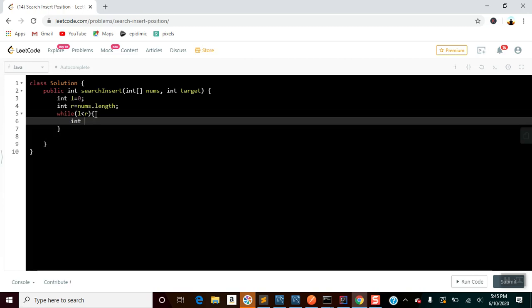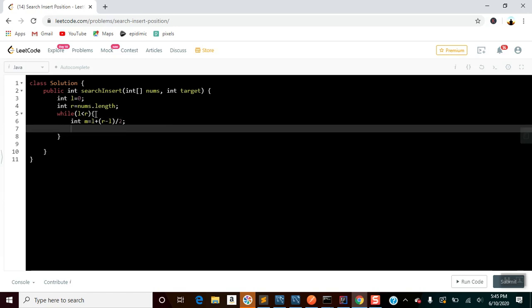Now you have to take int m, this is the middle, equals to l plus (r minus l) by 2. This is like a binary search.